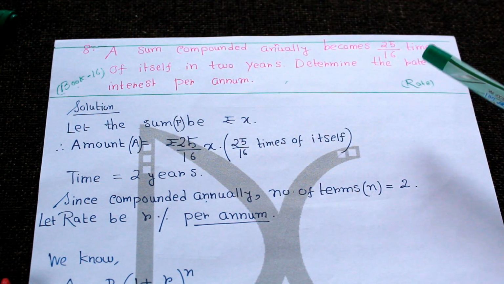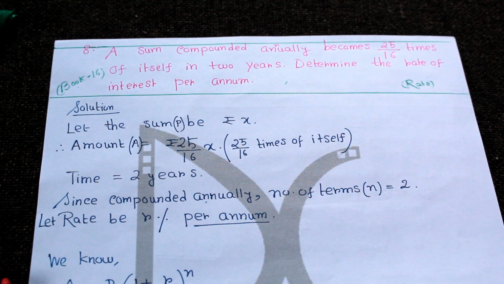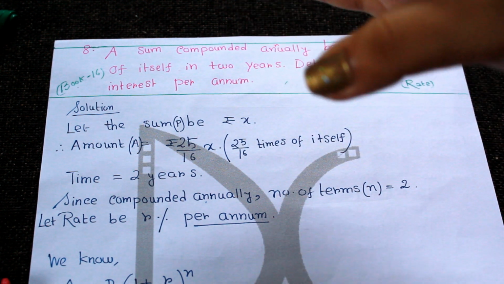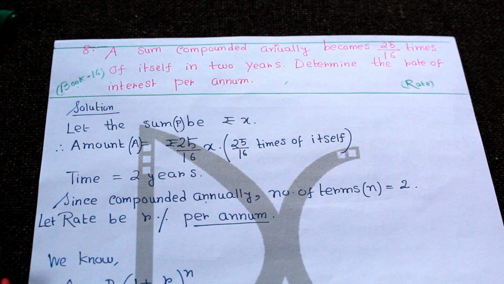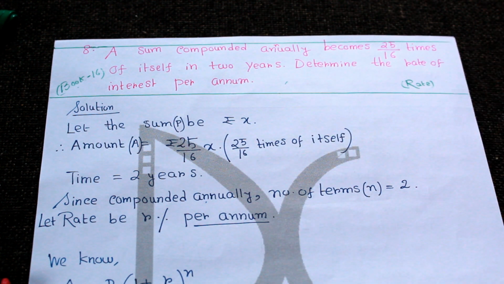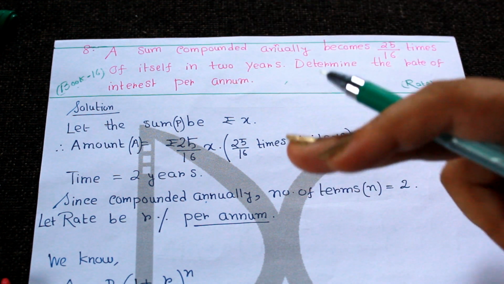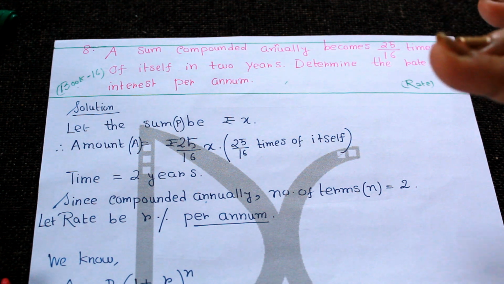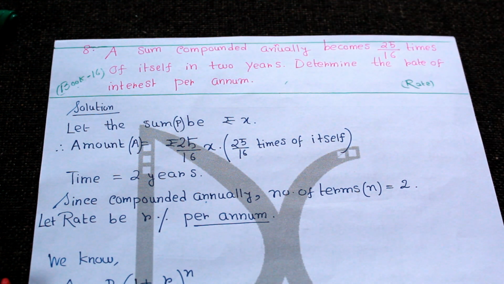You got it, I think. Determine the rate of interest per annum. First thing, we will have to list down everything what they have given. So let the sum p be rupees x. Okay, I am considering the sum to be x. Don't be afraid. Here 2 variables will come, but 1 variable will be cancelled automatically. Main variable is the rate variable.